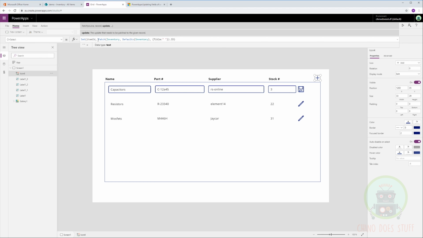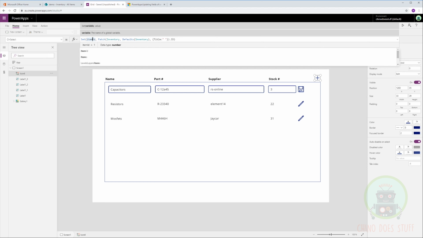And you can see here, we're going to return back from our patch function, and we just use this defaults and our data source here to do that. If we include that parameter inside of our patch, patch will return the ID, our unique ID of our SharePoint record, back to PowerApps, and we're just going to set our item ID to that ID. So now we know the exact ID of what record we just created, and we're setting the item ID. So that should work perfectly